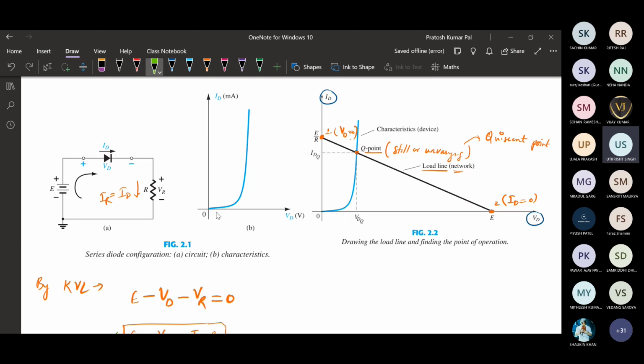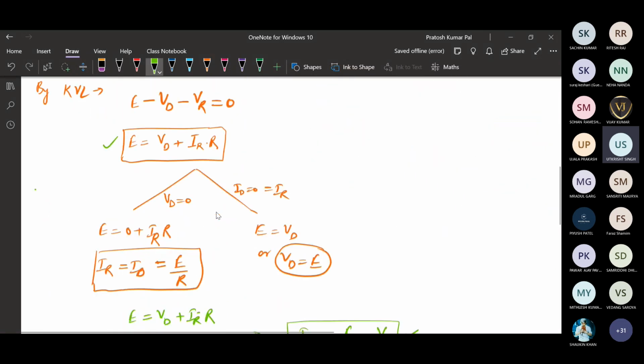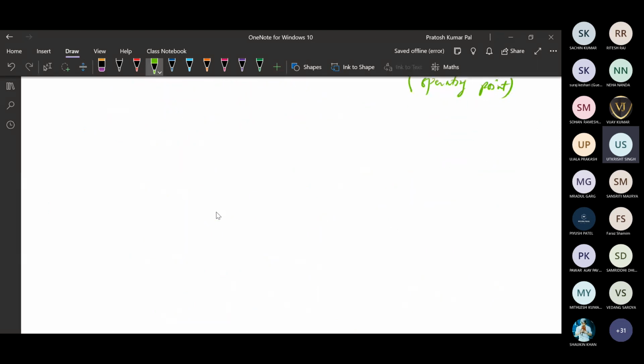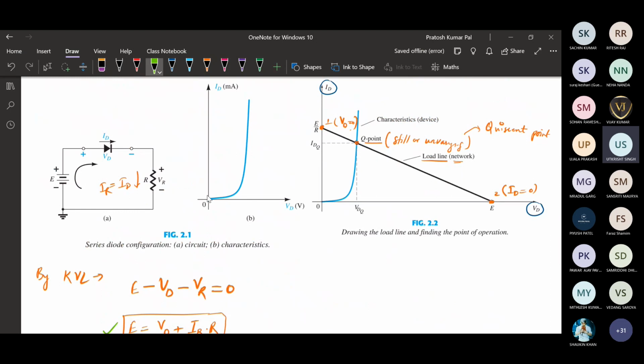Okay, so whenever we are given this diode characteristics from the circuit, we can just obtain a DC load line, this load line, and at what particular point it is cutting. So these points will be obtained, like at what voltage it is cutting each other, and the current. So these voltage and currents will be your operating point voltage and currents of the diode. That 2 points, operating point voltage and current, will be the solution of the equation basically. So our solution of this network is whatever voltage drop across this diode will be there, and whatever current will be flowing through this diode.